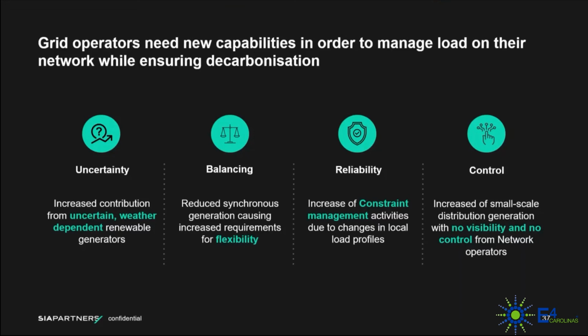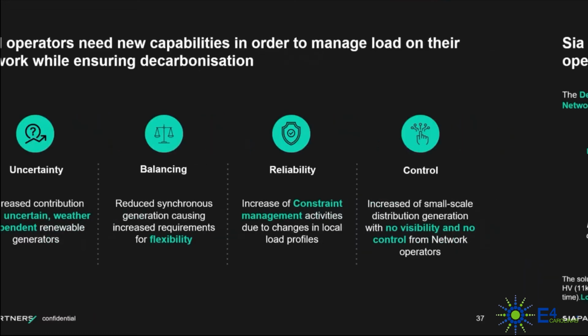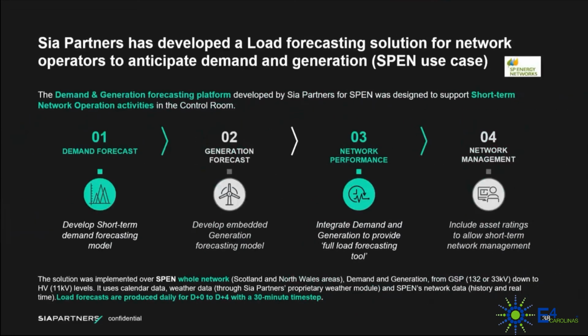With that penetration, we see greater and greater risk of congestion and constraint management from a supply point, like exporting back onto the grid. So what does it mean for them, and how can we help them? If we go on to the next slide, we've put together a solution for a region in Scotland managed by Scottish Power Energy Networks, which is held by Iberdrola Group. So it's a large Spanish